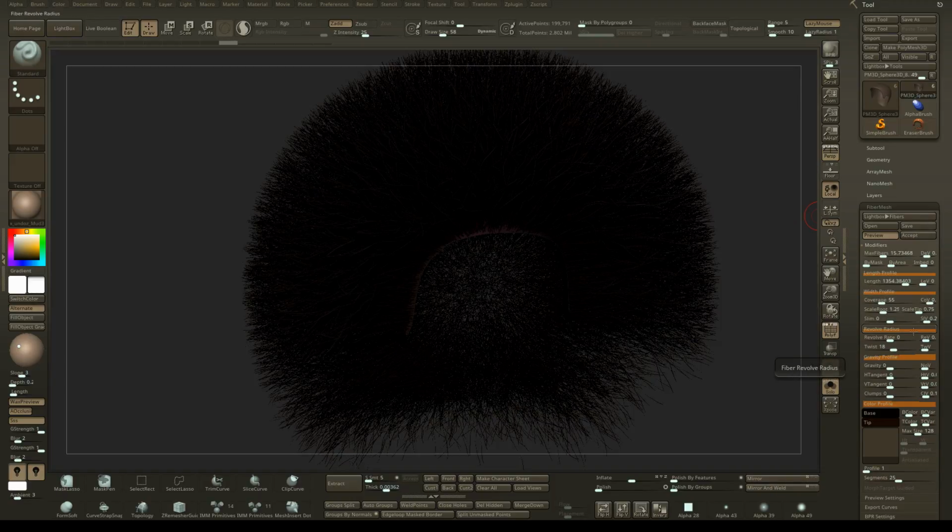I also saved this out. If you guys want to copy these settings, you can go right ahead, but I also saved it out as my own fiber mesh, my own fibers. You want to make sure that you do that. If you have your perfect settings, you save it out immediately and put it somewhere,